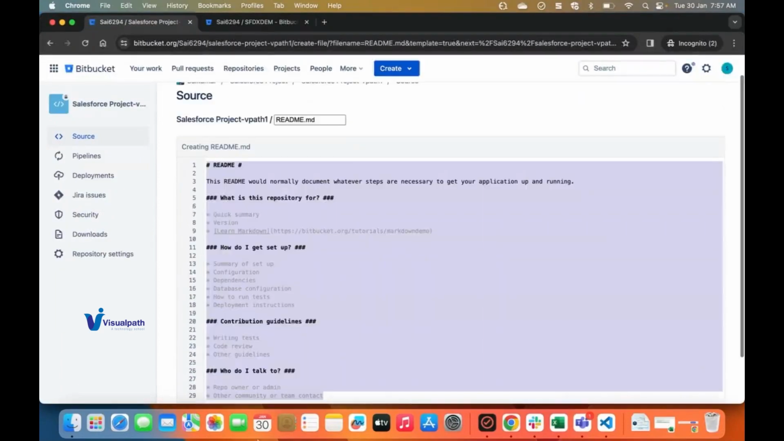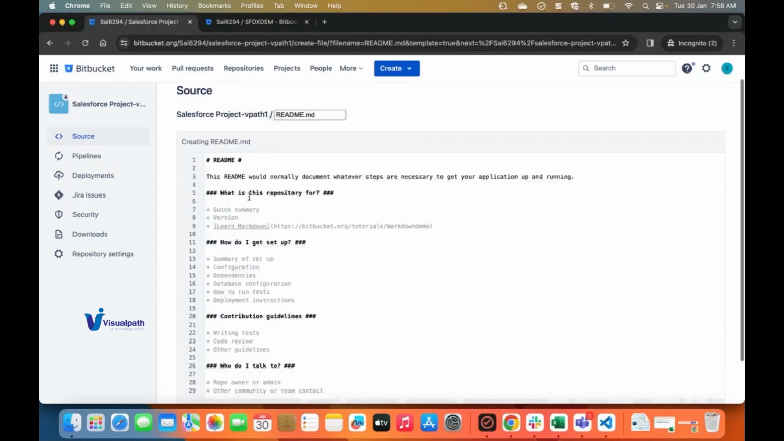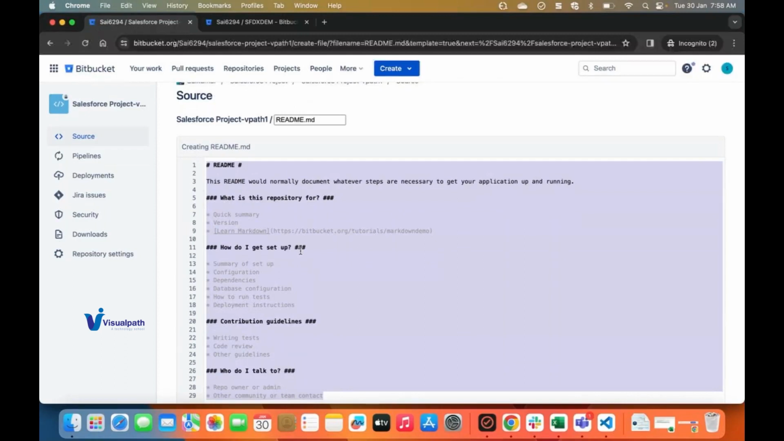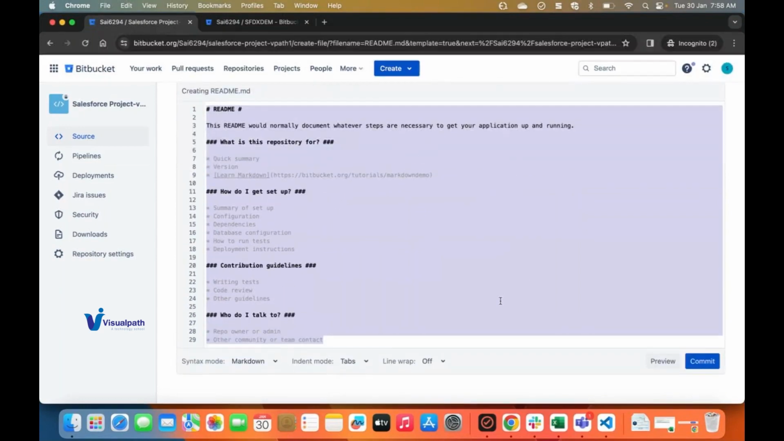So README is nothing but a file, and it contains this as the content inside that particular file. Now, forget about the content that is getting displayed here. It is the default content that appears. So now, if you want to add any files or folders to a repository,